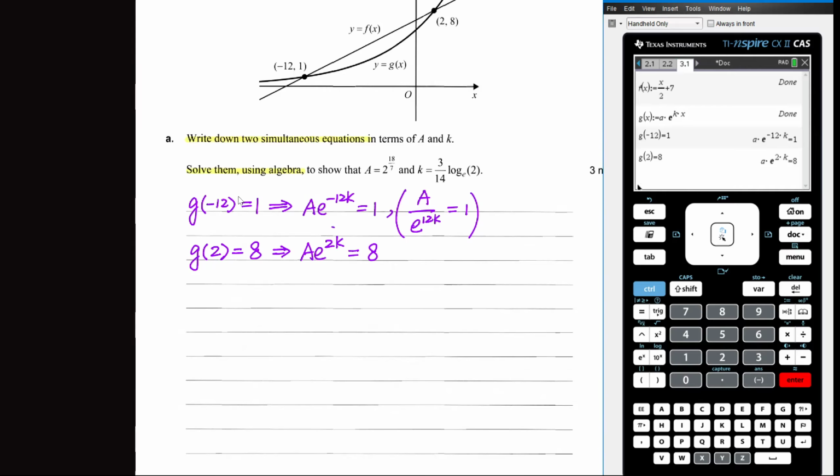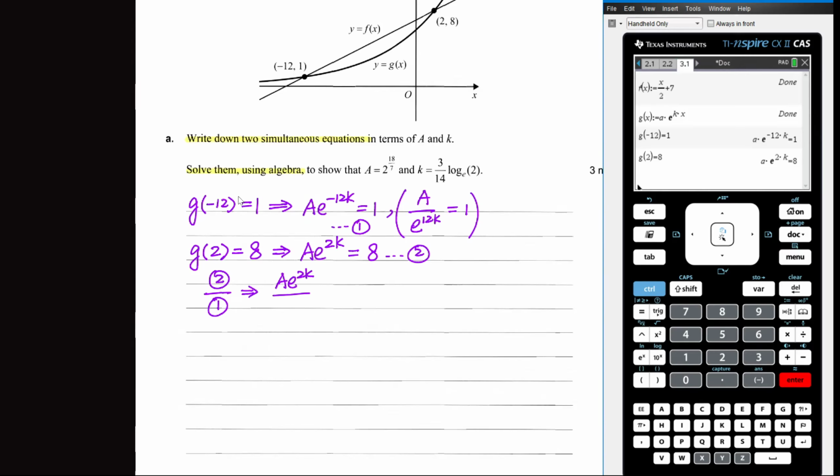Okay, so this is equation 1. This is equation 2. Now I want to use algebra to solve for k and a. This is actually a very standard Unit 2 Maths Methods textbook question, I would say, because you can do 2 divided by 1,